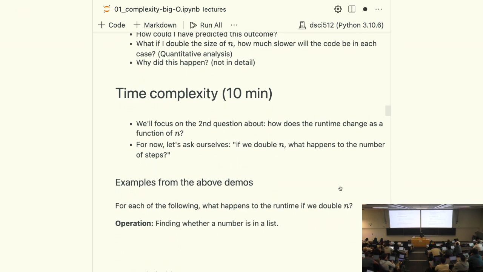All right, so find whether a number is in a list. So what happens to the runtime if we double the size of the list? How much more work do we have to do? And assume that the list is unordered. So you have an unordered set of numbers. You want to check whether a certain number is inside of that list. So if you have 10 elements, how many times should you check the elements? You have 10 elements. Basically, because you don't know what's going on, you have to suppose that those numbers are